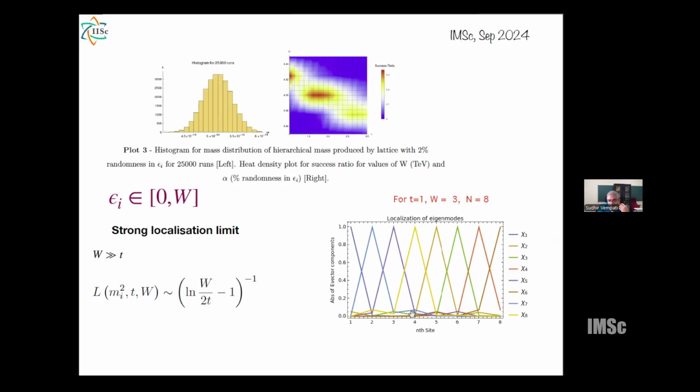And so this is completely different compared to other models of extra dimensions or clockwork models, in which only the first mode, the zeroth mode, is localized. In this case, exactly like in Anderson localization in condensed matter, all the modes are completely localized. This makes it much more predictive compared to the other models, and you can compute these